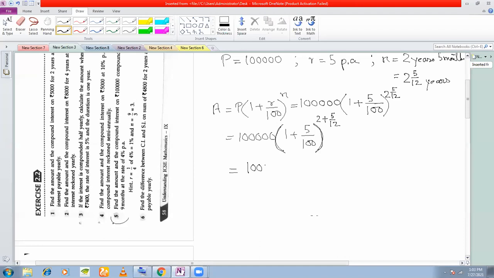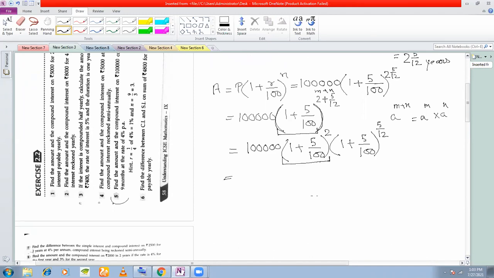Now, once you can write, you know that e to the power of m plus n is e to the power of m into e to the power of n. So what is a here? A here is this part. So you can write this as e to the power of, this is your m plus n, as e to the power of m into e to the power of n. This is a to the power of n. You can write it this way.